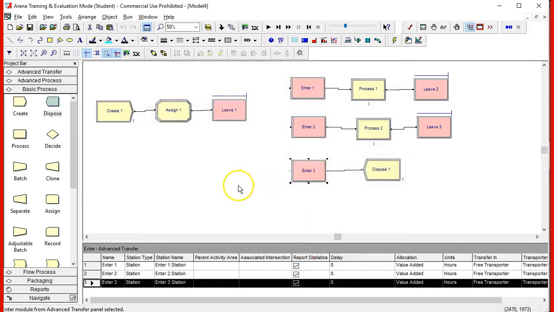Now, as you can see, I have in this model to identify 4 different locations. I have the leave 1, which has to be at a distance from the station enter 1, at a distance from the station enter 2, and a distance from the station enter 3. Why do we have to have those distances? Because it might be that